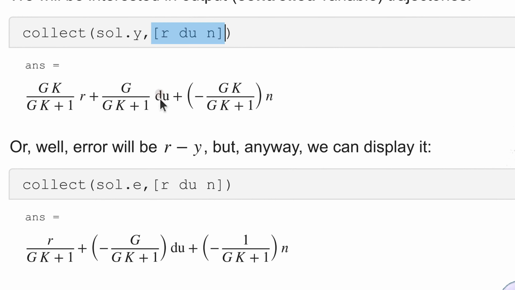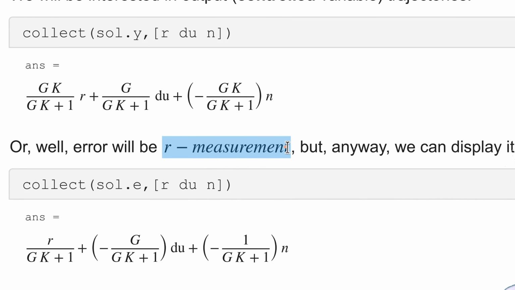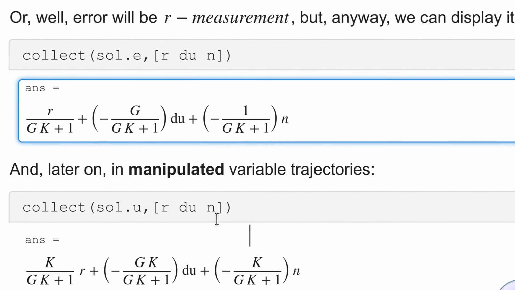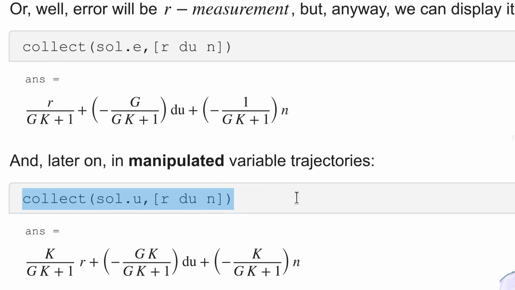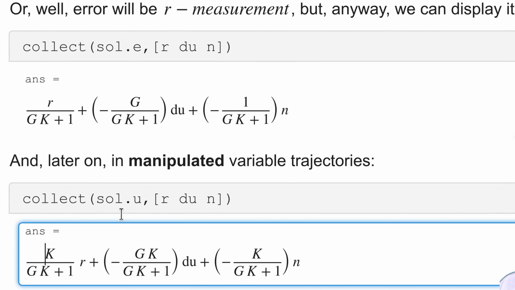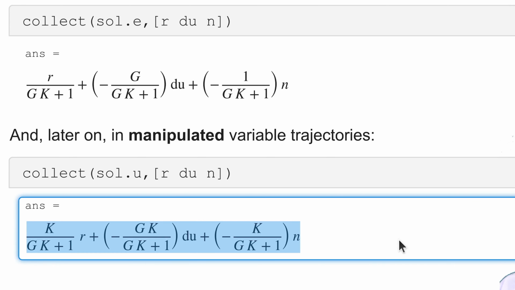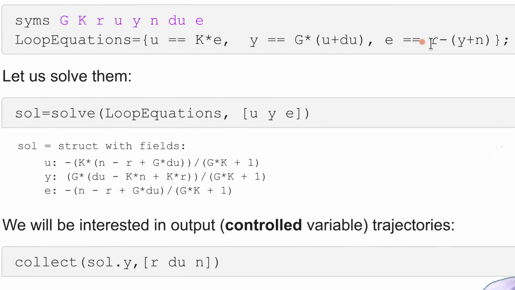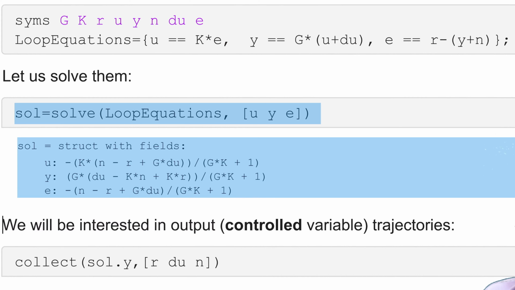And well, as I have 3 inputs, I have 3 transfer functions for the controlled output, for the loop error in here, and we will also have a look at the manipulated variable behavior, and then this manipulated variable has this expression. The thing is that this is just solving for the letters here, so I leave to you as an exercise to actually get the solutions we see here, because that's a standard problem in your first control course,